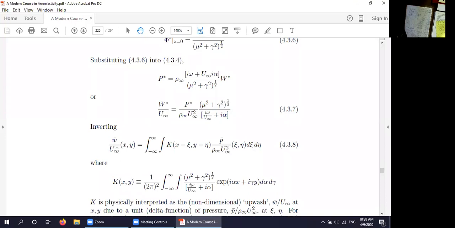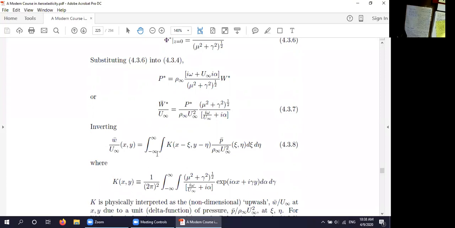Now here's the downwash, here's the pressure, here's this kernel, and here's what the kernel looks like. And you could, if you were so inclined, write a computer code to evaluate this kernel. And I'll show you what the kernel looks like in a moment, because it turns out that you can actually work out this kernel in analytical form, just as we could for supersonic flow. But it's an inverted kernel in the sense that the thing we really want to know, which is pressure, is inside, and the thing that we do know to begin with, at least from an aerodynamicist's point of view, namely the downwash given in terms of the motion of the wing, is outside.